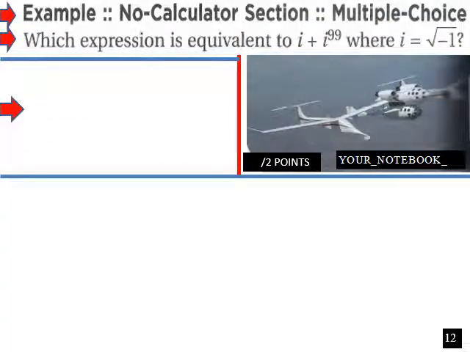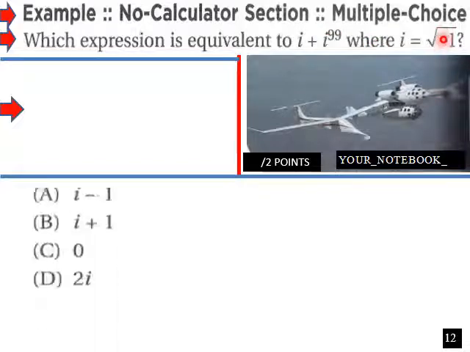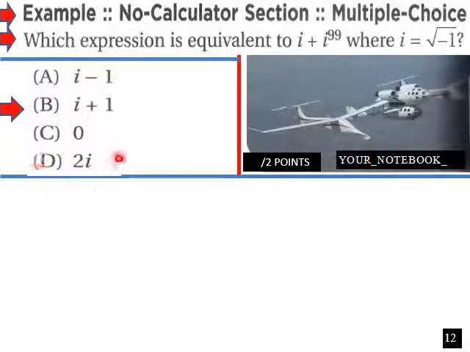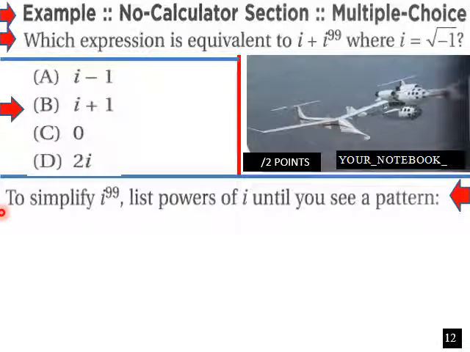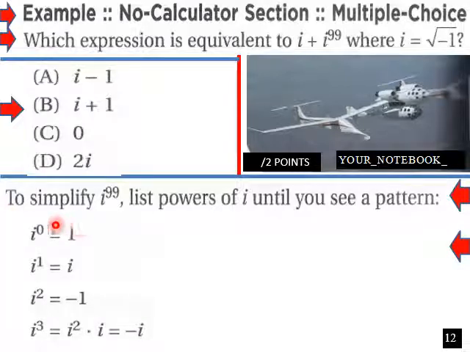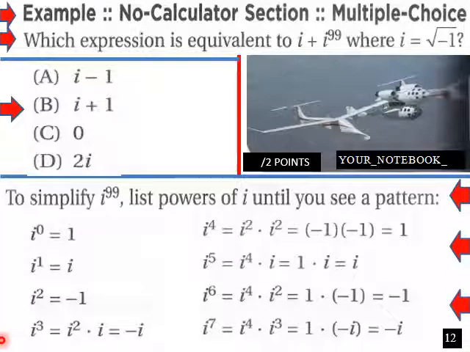No calculator. Which expression is equivalent to i plus i to the 99th, where i equals the square root of negative 1? And then we have our list here of possibilities. To simplify i to the 99th, list powers of i until you see a pattern. Here is our pattern for i. Furthermore, more patterns of i. And we just go through this pattern: 1, i, negative 1, negative i, and then back to 1 again. And we just continue this pattern here